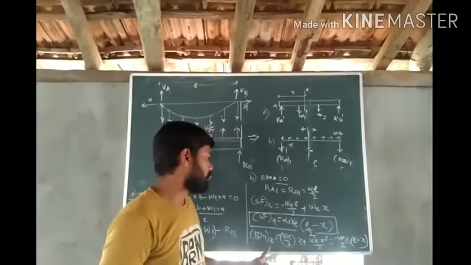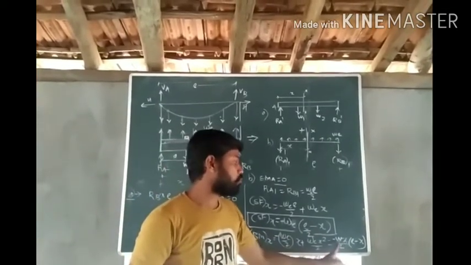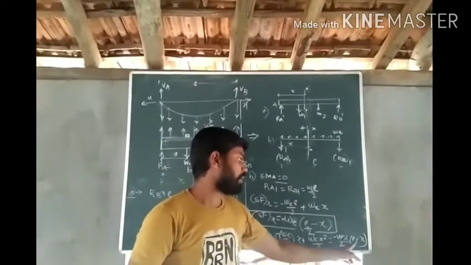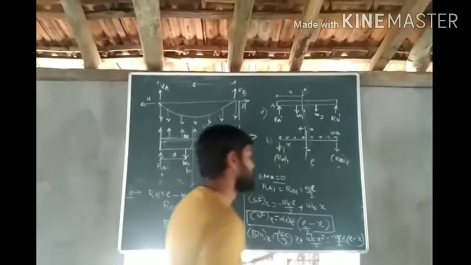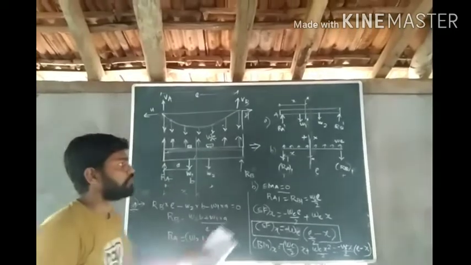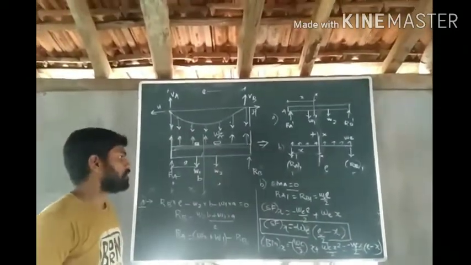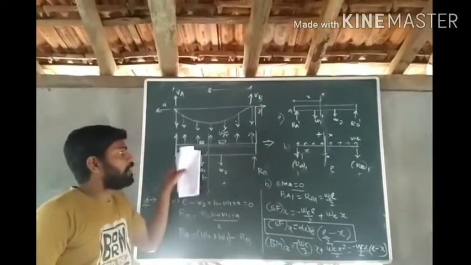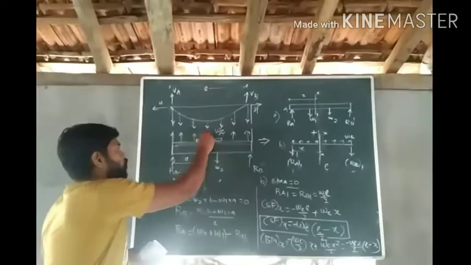The bending moment at any location X will be equal to minus W into X divided by 2 into bracket L minus X. So don't forget to write the suffix E. Okay, so I have taken this as WE. Now what is next? Suppose I want to calculate the bending moment or shear force at any location X in the stiffening